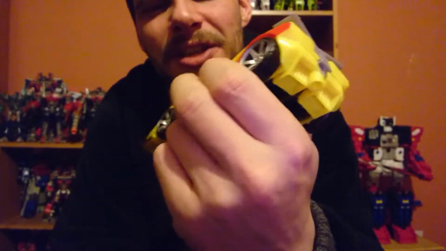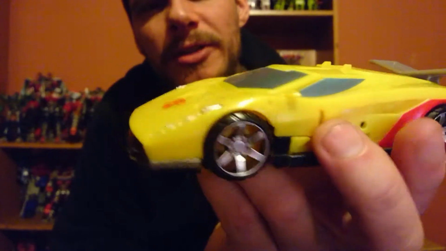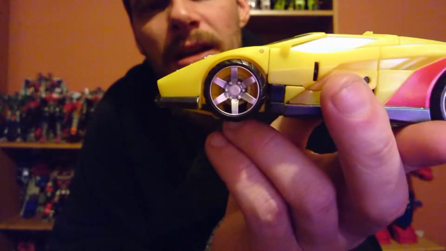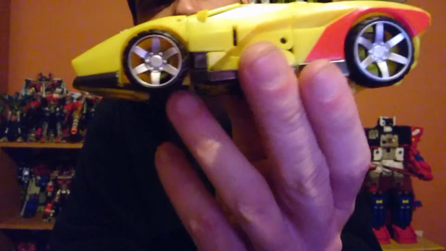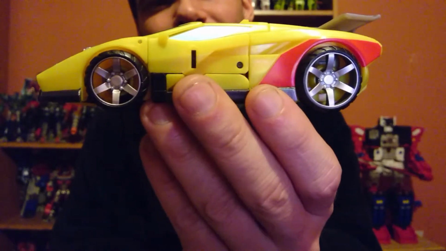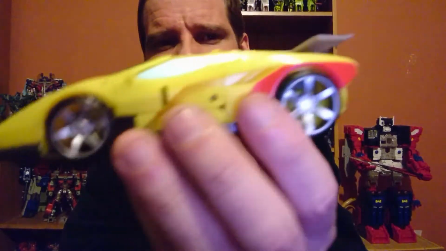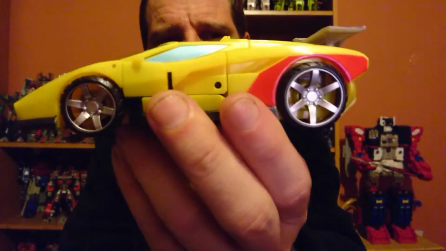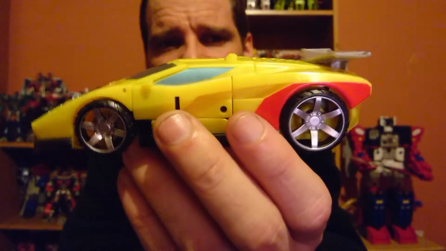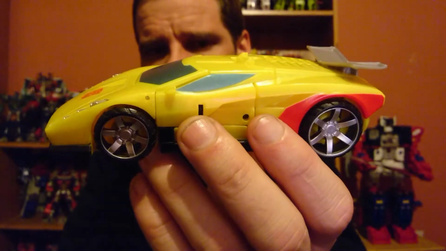But it still feels cheap, and the paint apps don't really help it that much. Painted windows are fine. The nice silver paint on the wheels. The red there, it probably actually looks better on camera than it does in hand. The paint apps and detail really don't add to this in any way, I don't think. Whereas the detail on the robot mode, there was glimmers of good there on a bad figure,